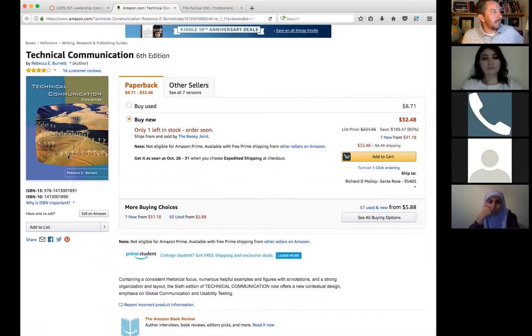This book basically butts up against, like if you were an instructional designer and developing courses, you would have certain skills, and they would be based on education, understanding pedagogy and things like that. But technical communication is more about how to display information on paper. And they have all sorts of really beautiful illustrations on how to lay out documents.